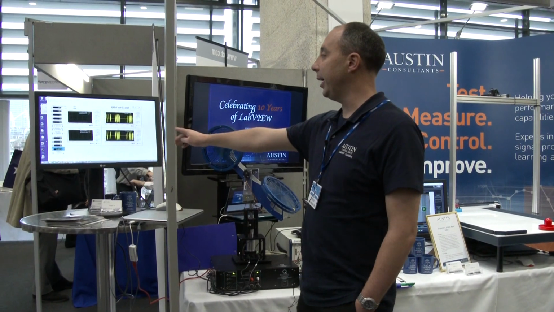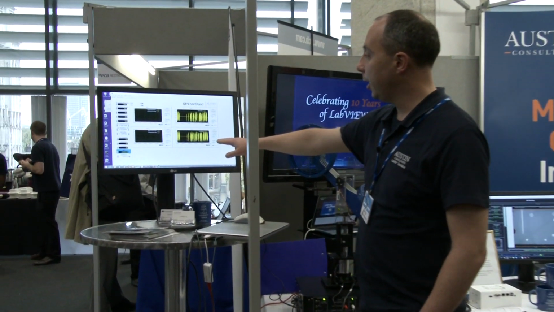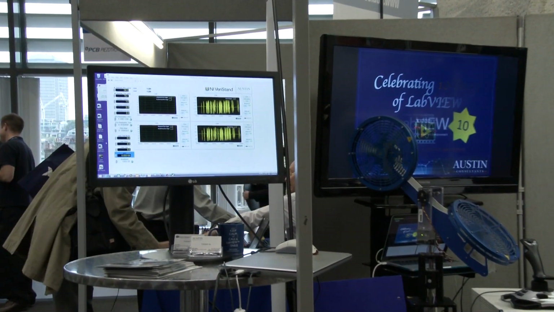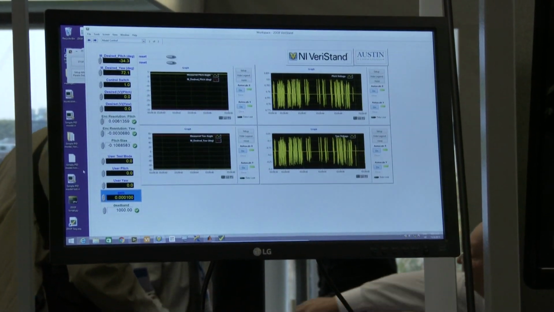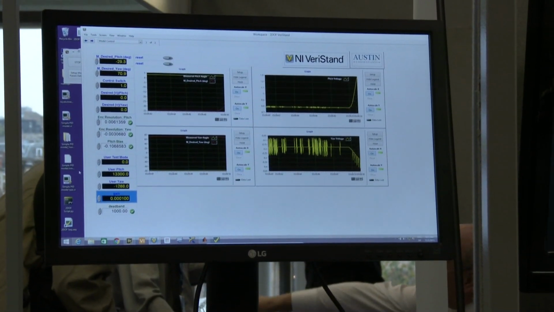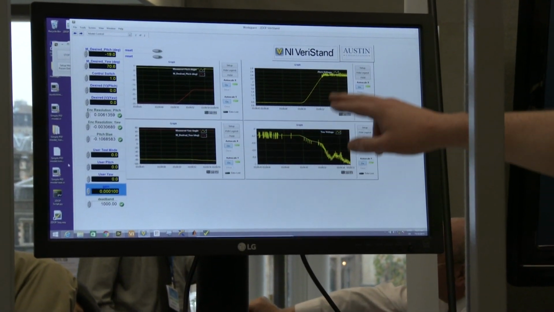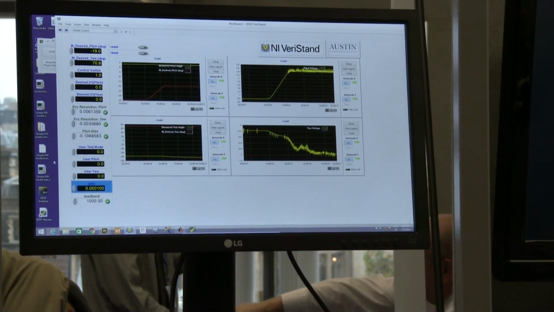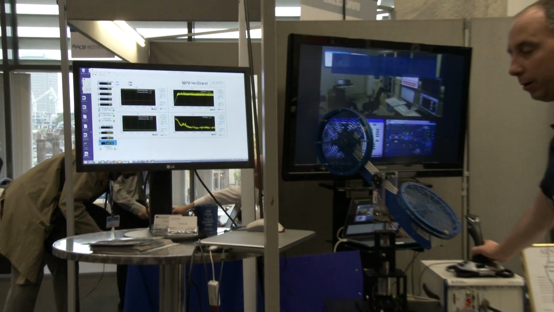If we look at the screen here, you can see these right-hand 2 graphs, the pitch and yaw voltage. At the moment, we're at a pretty safe place. But if I give it a demanded pitch, we can see on the left-hand graph our demanded pitch angle has come up, and there's a little bit of reaction on the motors, and you may hear the fan speed up a little bit. If I give it a bit more